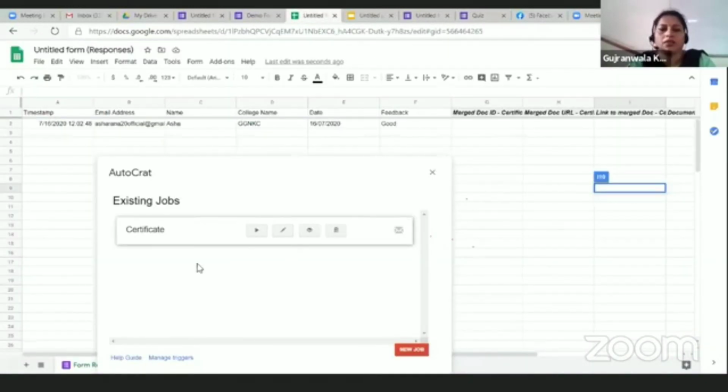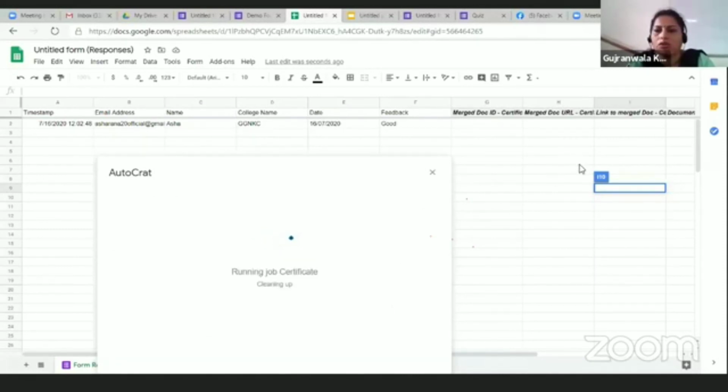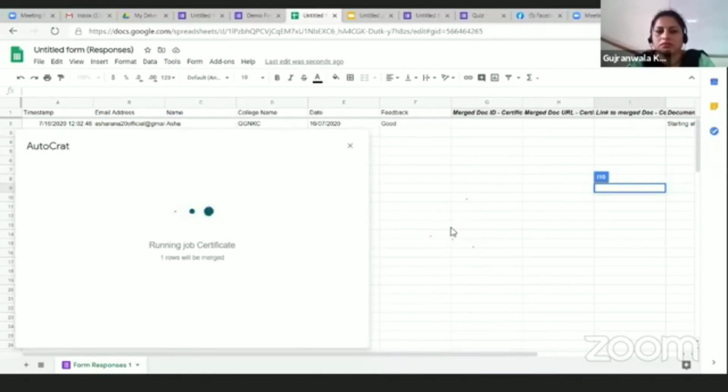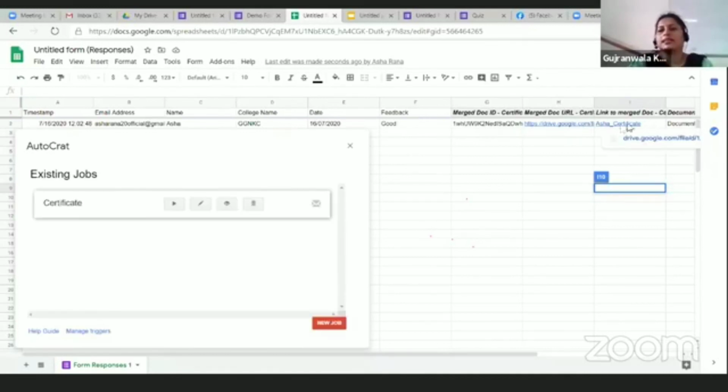Here I have received these responses, and once I run this Autocrat, see here, my certificate Asha underscore certificate name, Google Drive's link is there, and the file's link is also there.